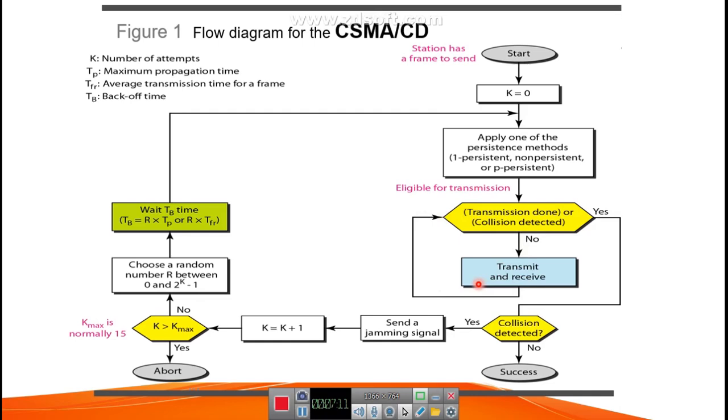But suppose a transmission is being done, and during that transmission, is a collision detected? If it says no, then your transmission is a success, it is complete. But if the collision is detected, we are going to use this loop. So this is for transmission done. In the other case, if a collision has been detected during transmission, if it is yes, then still